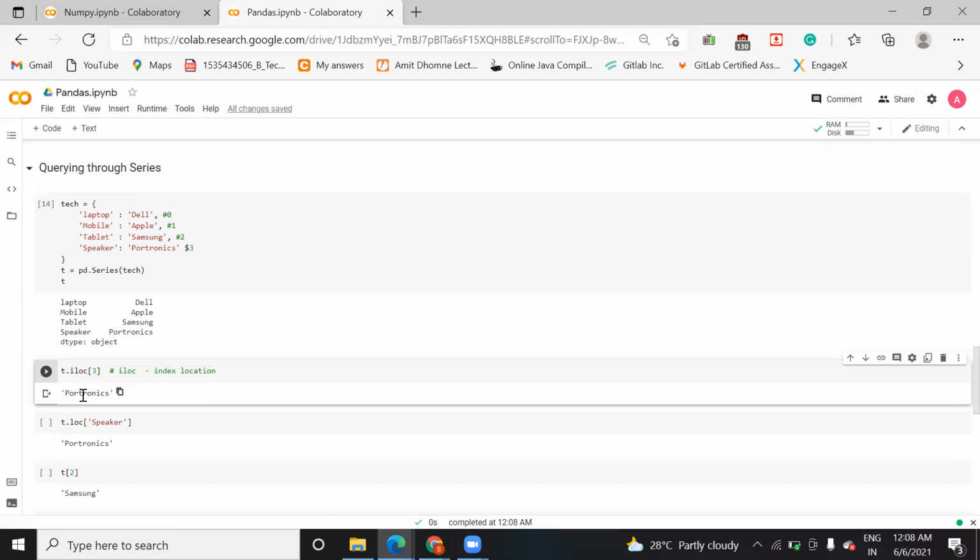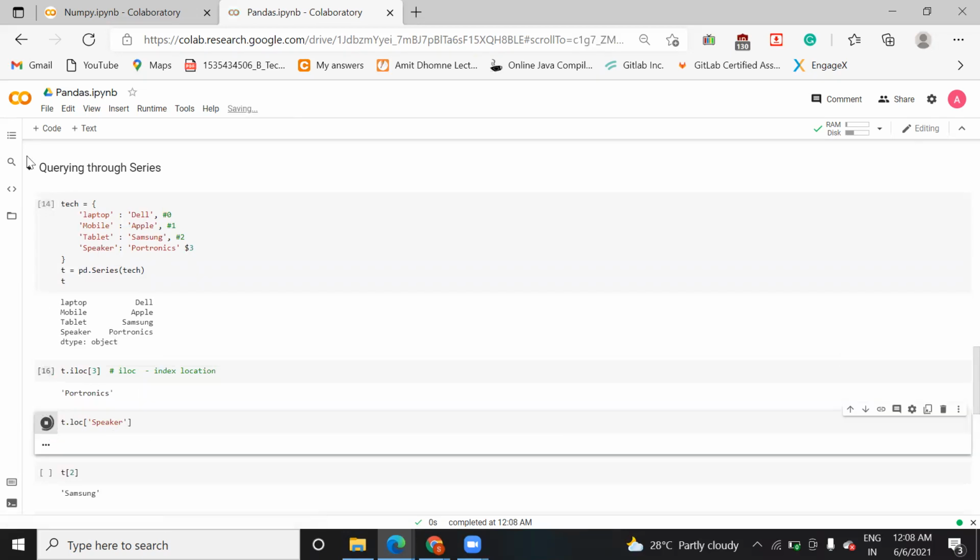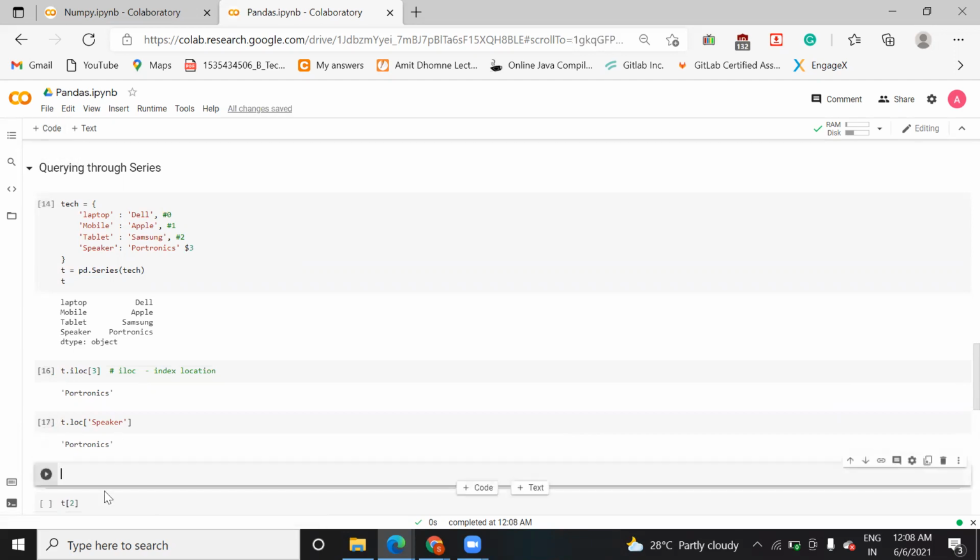Now if you want to find it based on the naming index, like this, you can use the loc function, that is your location. t.loc speaker means what value is actually held by this speaker index. Let's run this for speaker, and then we will try it for mobile.